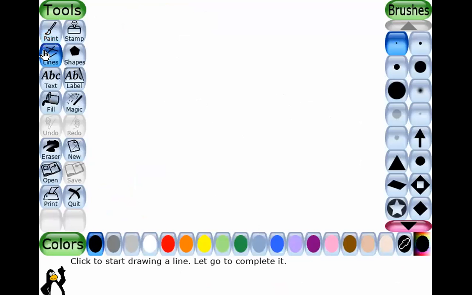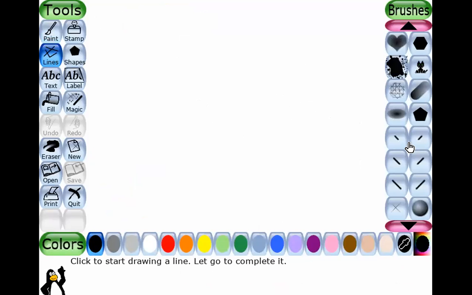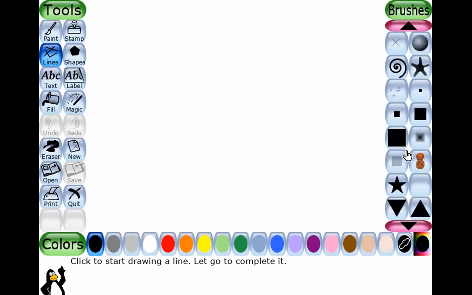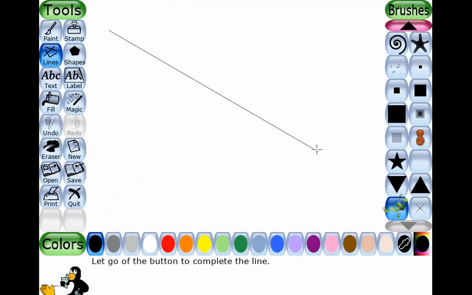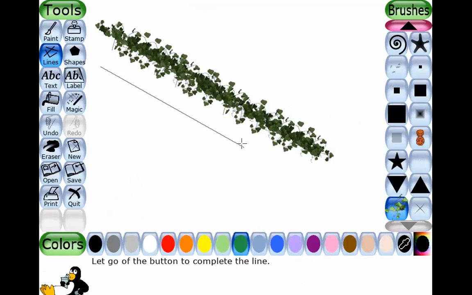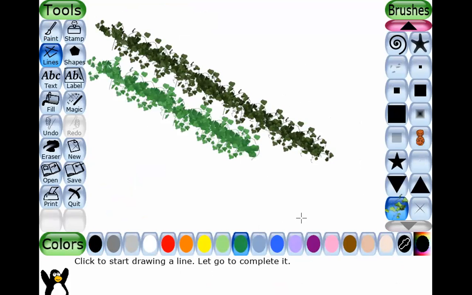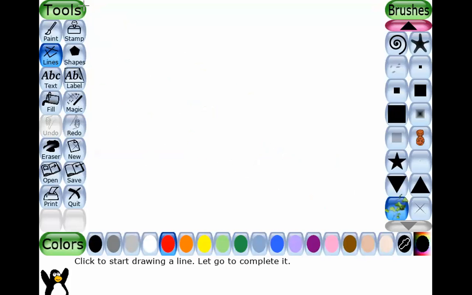Click on the lines tool, select the type of line that you want to draw on the screen. For example, I want to put this type of line here. Then I click the left mouse button here, then drag it there. You can also change the color. Understood?